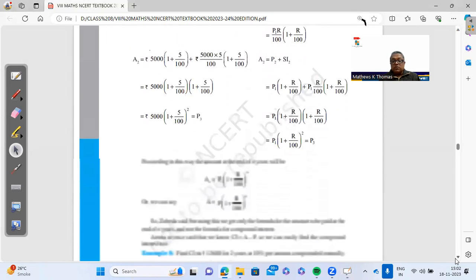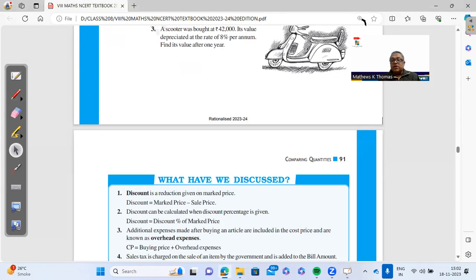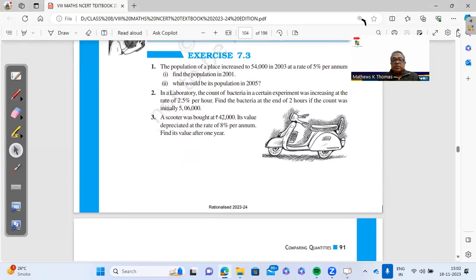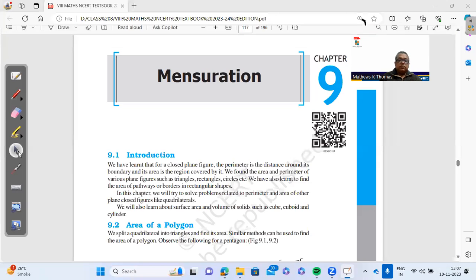So you have some questions where the price is increasing and some questions where the price is decreasing. So here you find that the bacteria is increasing, but here it's a question of depreciation. The price is going to decrease. Then chapter 8 doesn't have any numerical. Then we come to chapter 9, that is